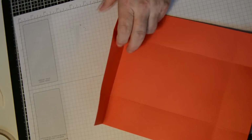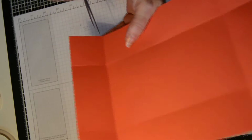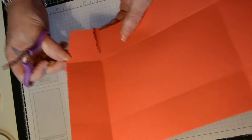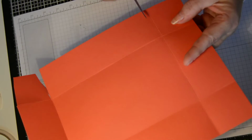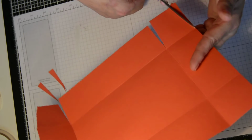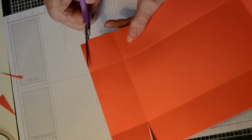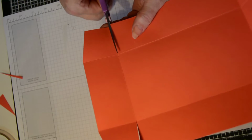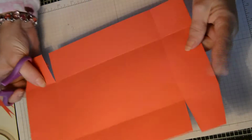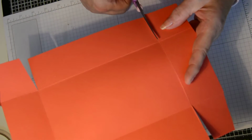There you are. Taking your snips, with the long rectangle I would cut up those score lines and just notch in your corners of your squares, and the same at the other end. Notch, notch, and do exactly the same on the opposite side. So notch in your side, come down your score line and a notch, and the same here. Down your score line,